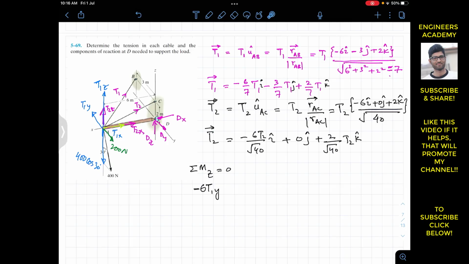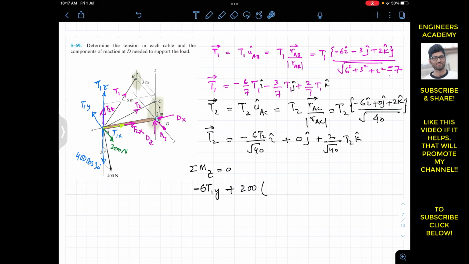And similarly, this 200 Newton force is producing the moment about the z-axis in this direction. It's going to rotate the system in this direction, like this. So if we curl our right hand fingers in this direction, the thumb is going to point out in the positive z. So this is producing the positive moment, that is the counterclockwise moment about the positive z-axis. So we will write plus